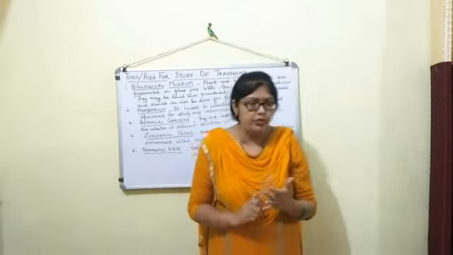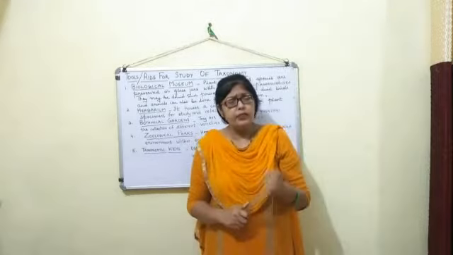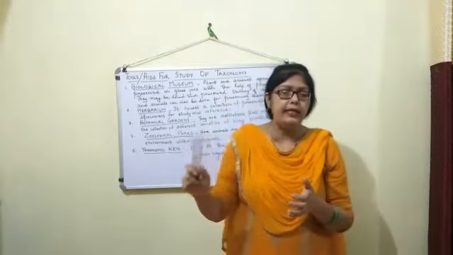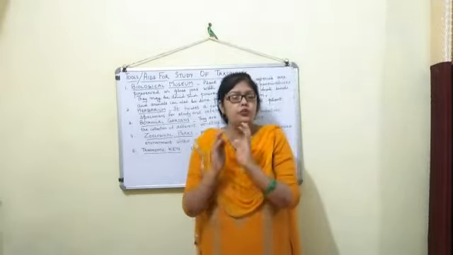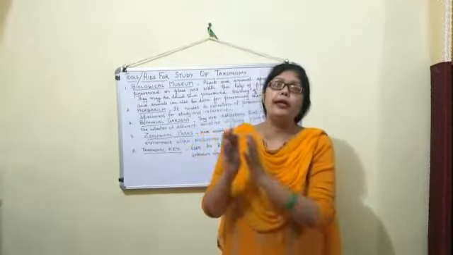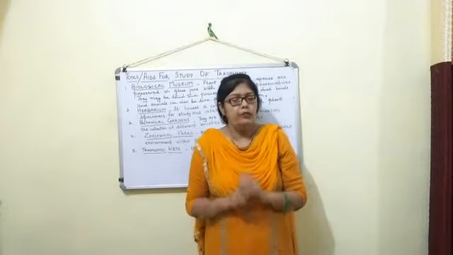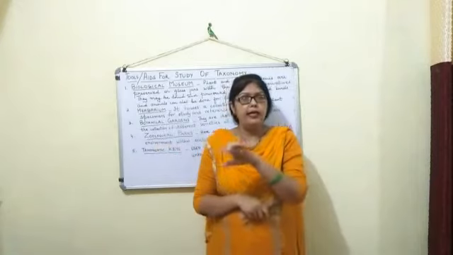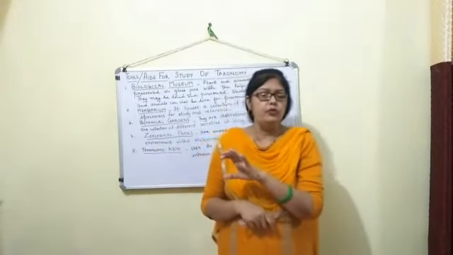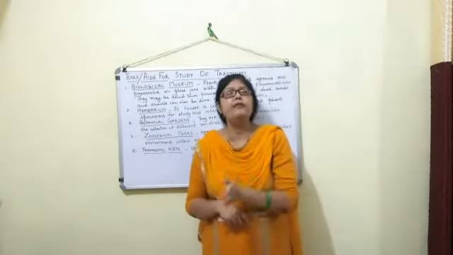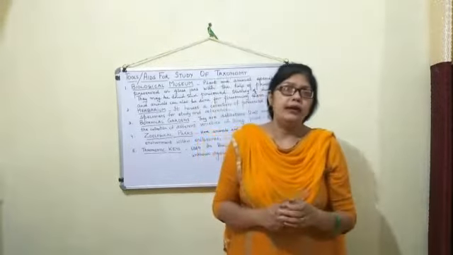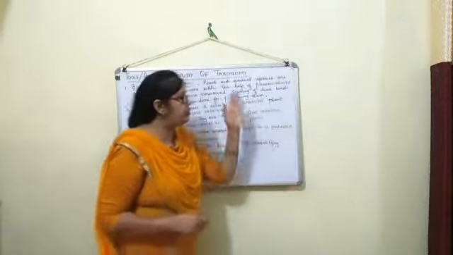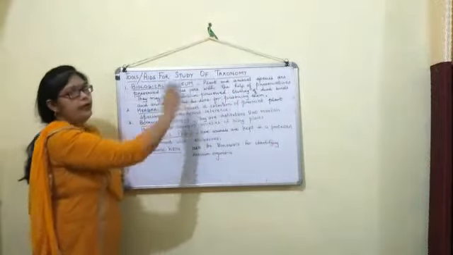The most important role of this is that each of the statements in the key is called the lead. And when we follow the correct lead at each step of the key, the user is ultimately able to identify the specimen. So I repeat that each statement that is in the key, that is called a lead, and when we follow the correct lead, we will finally arrive at a conclusion, and ultimately we will be able to identify the specimen to which particular category, class, kingdom, phylum it belongs. So these were the major tools that are being utilized for the study of taxonomy.